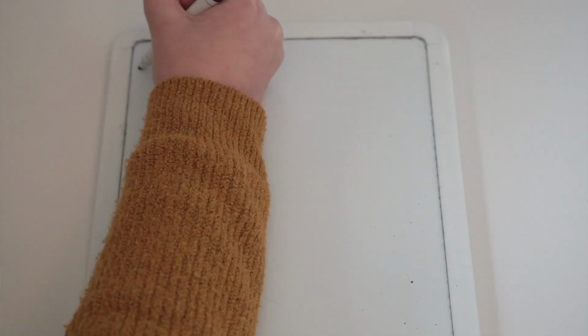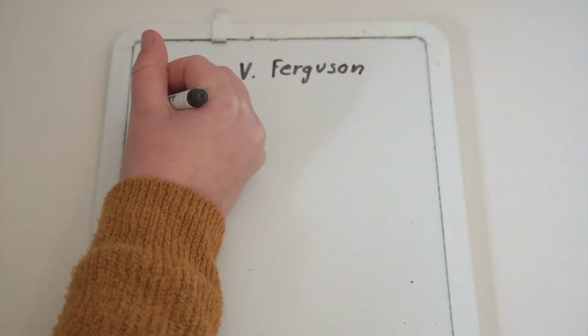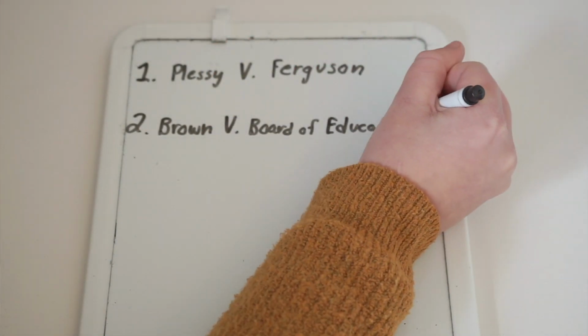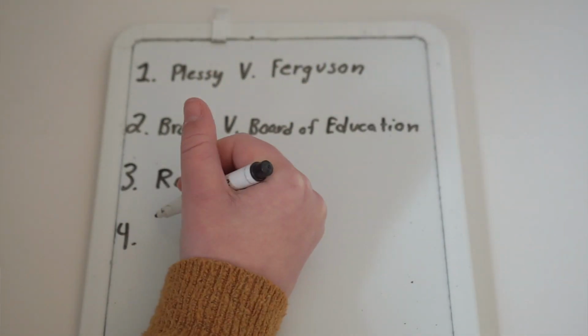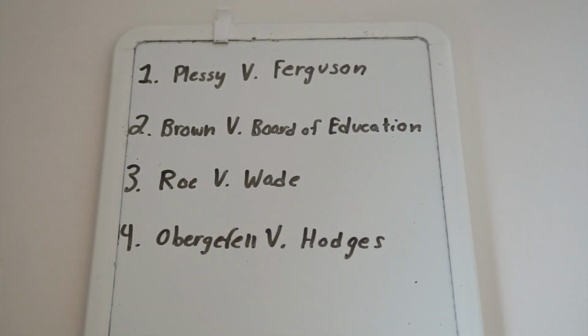One of the most significant influences in American politics is the Supreme Court. And today I'm going to teach you about 4 cases that have affected civil rights in America that I find fascinating and that I think everyone needs to know about. And those are 1. Plessy versus Ferguson, 2. Brown versus the Board of Education, 3. Roe versus Wade, and 4. Obergefell versus Hodges. The first case I'm going to discuss is Plessy versus Ferguson.